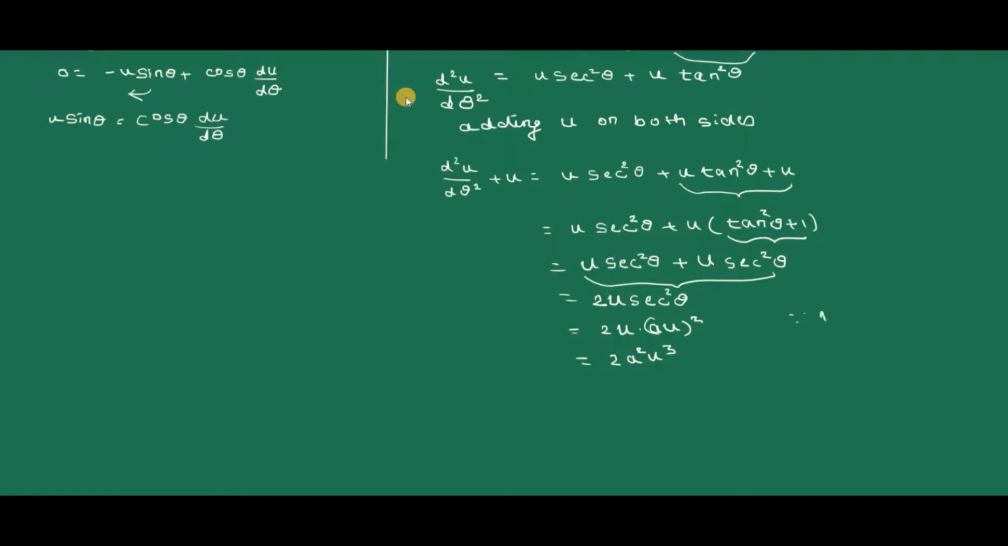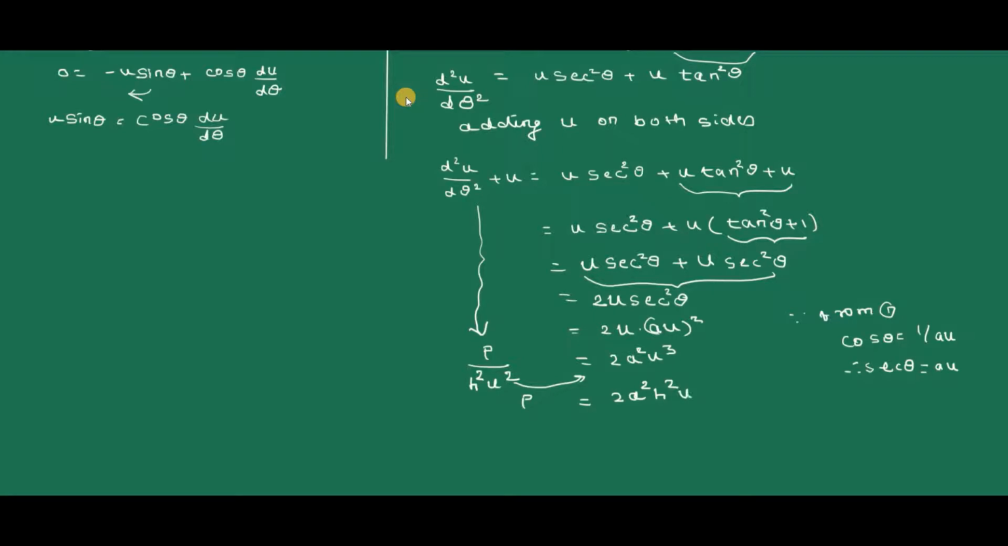Since from equation 1, cos theta is equal to 1 divided by a u, therefore sec theta is equal to a u. But by using the equation of central orbit, this value is equal to P divided by h square u square. We have already proved the theorem. So P is equal to, transposing this h square u square to the right hand side, 2 times a square